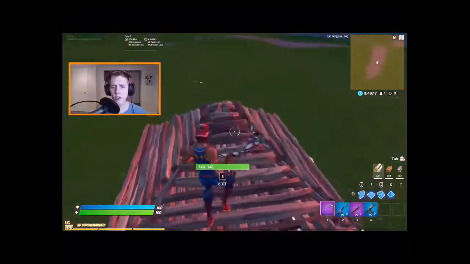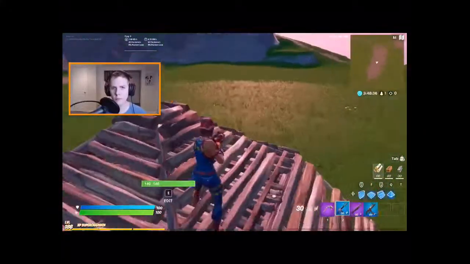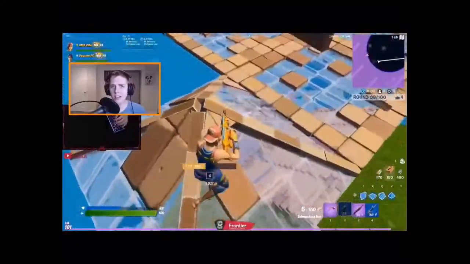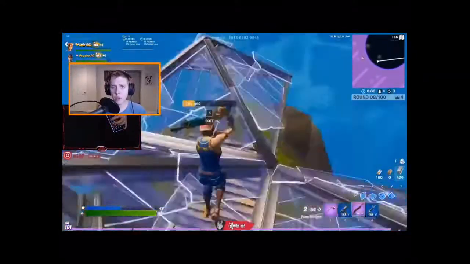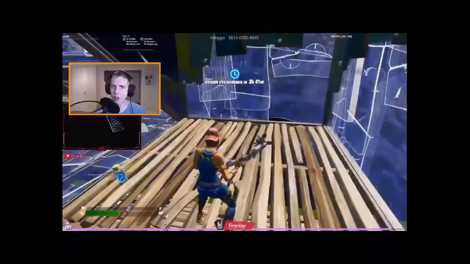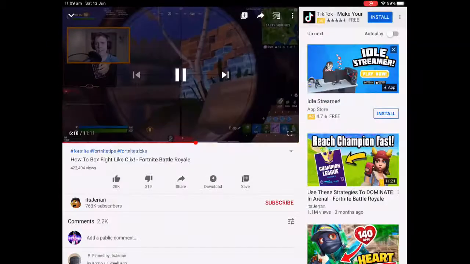So if it has not been clear already, do not wait to establish piece control and for your enemy to edit out. Instead, establish that piece control as early as you possibly can. As Clix shows here, it will not always lead to the kill or for an opportunity for a shot, but it will lead to more pressure on your opponent and eventually help you win the box fight over them. Second to last clip is Clix yet again on the